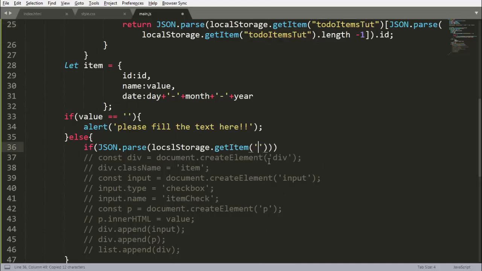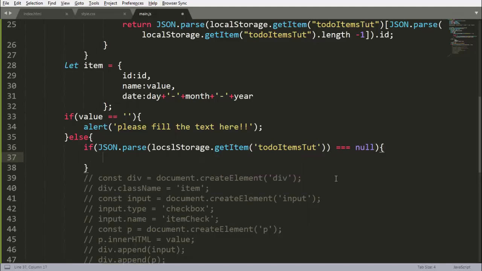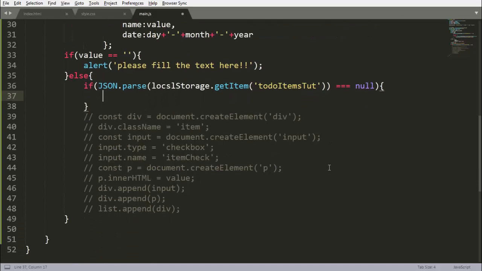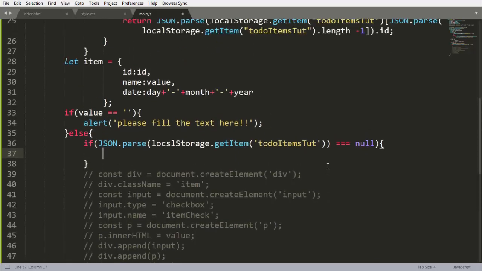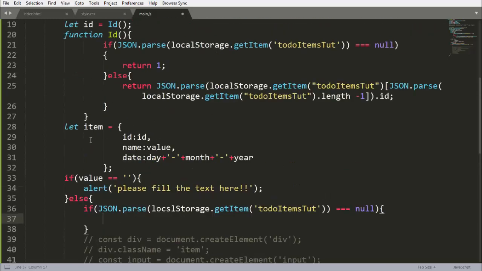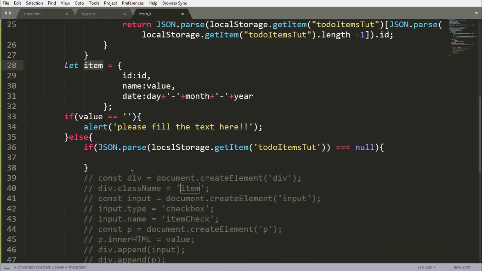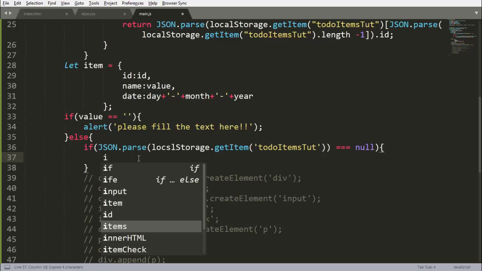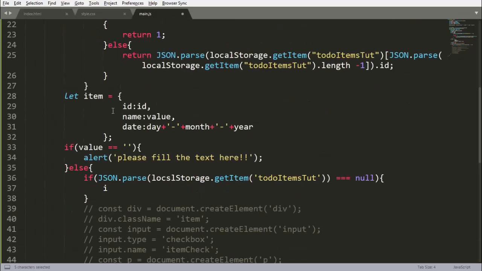Copy this, paste this again, is equal to null. If we are getting this null here, then what do we want? We want our item, copy this, see that these are our items here. So items.push, we want our items to push to the array here.